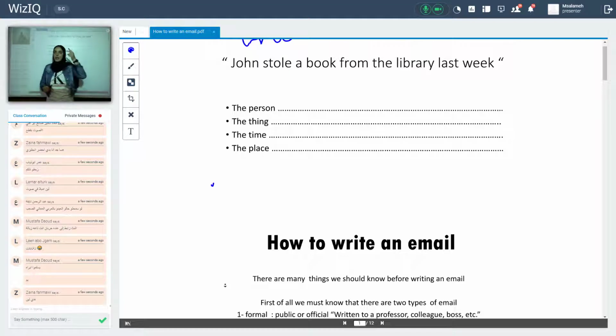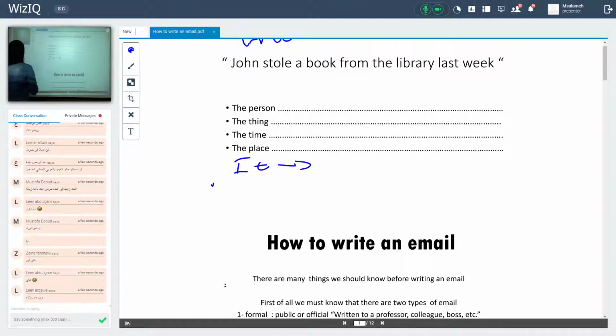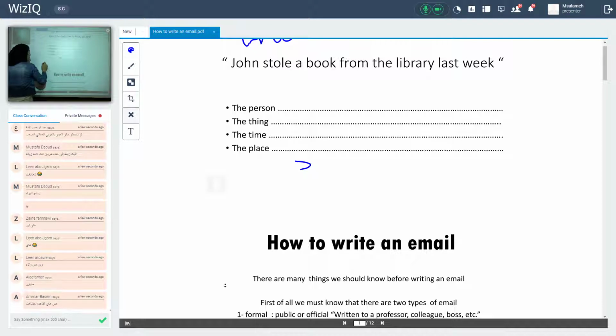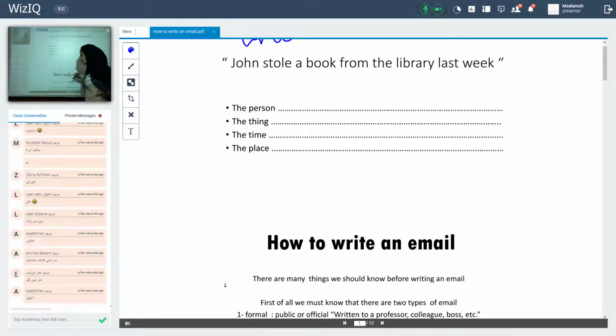And I said that we have two ways to answer a cleft sentence. Maybe it starts with it, and it has a form, and if it starts with what, this initial what, we have expressions. We may have the person, which means I want to talk about a person. Things, meaning inanimate things. Time. Place. Here in this sentence,